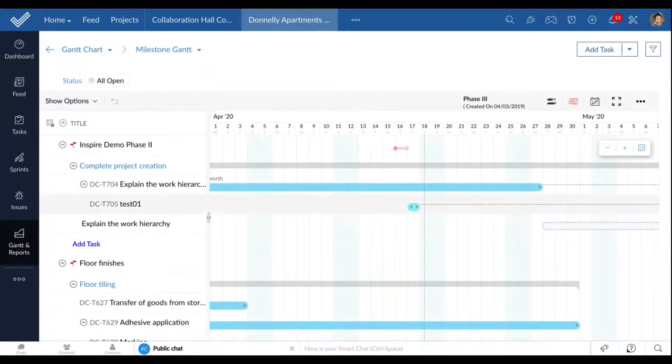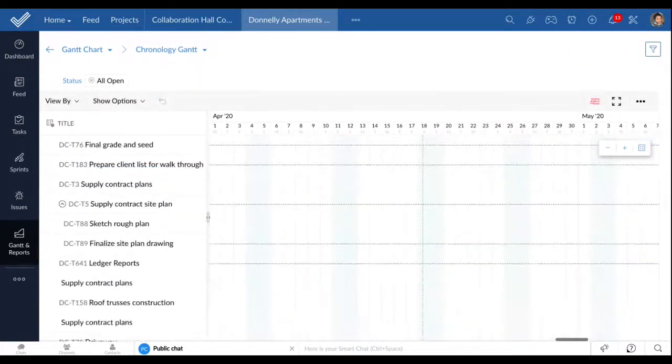So these are the two basic types of the Gantt chart that we will be dealing with in projects. One is the milestone Gantt and the other one is the chronology Gantt. As far as the data is concerned, nothing is going to change. Maybe you can draw an analogy with the classic and the plain view in the tasks module against the chronology and the milestone Gantt here, because the chronology Gantt is going to strictly adhere to the tasks